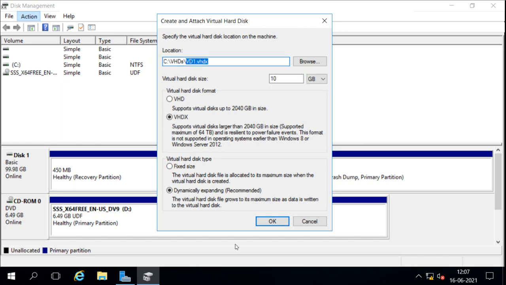Virtual disk is like a file, and in our machine it will look like a file, but it can be used as a hard disk. So it depends on us, like what we want to select, fixed size or dynamically expanding. So I'm going to select VHDX and I'm going to select dynamically expanding, and I will do create.